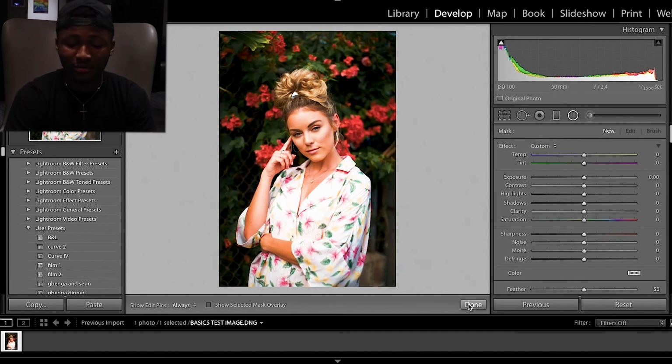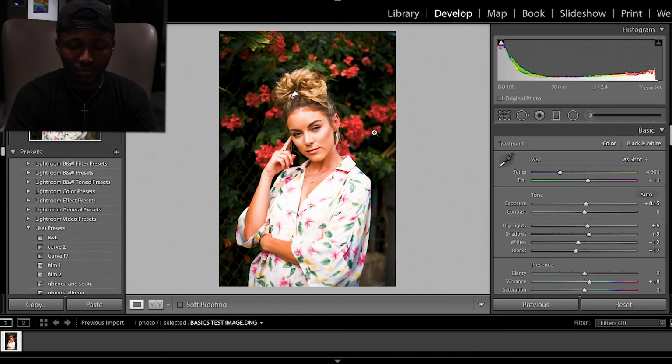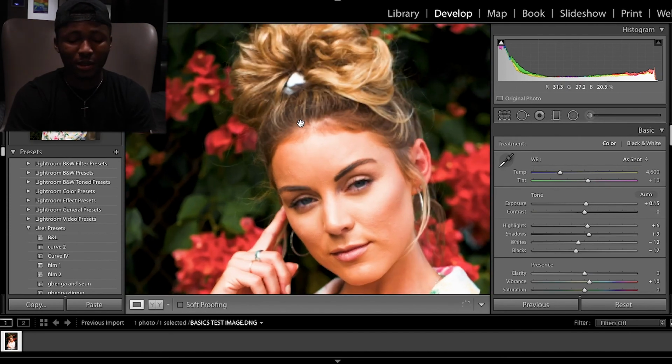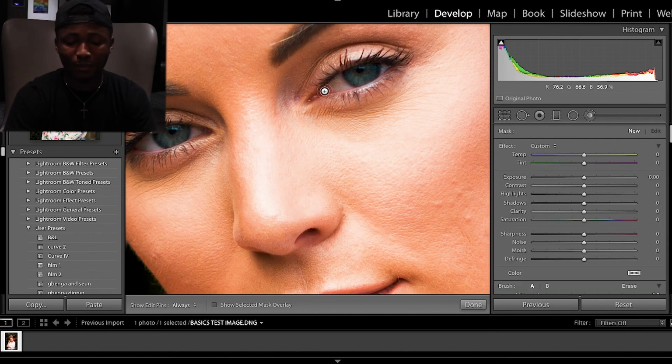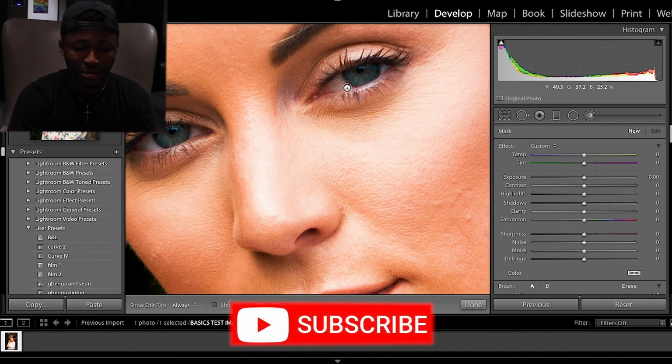Then the next thing that we have is the brush tool. One thing that you should do, if you can, is use the brush tool to paint on the eyes. You can also use it to paint on other things, but paint on the eyes and increase the saturation and brightness, because it makes a huge difference in your pictures. Don't overdo it and give us those vampire eyes, because I know that some of you will try it, but don't do that. So I'm just going to paint on her eyes here